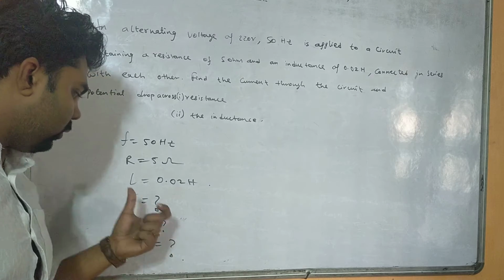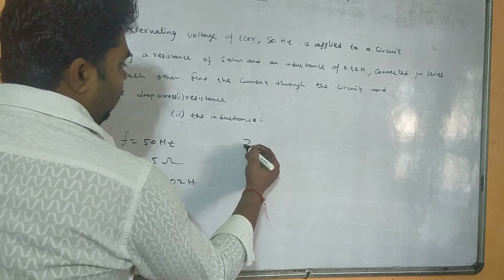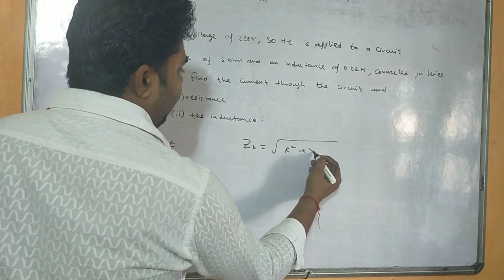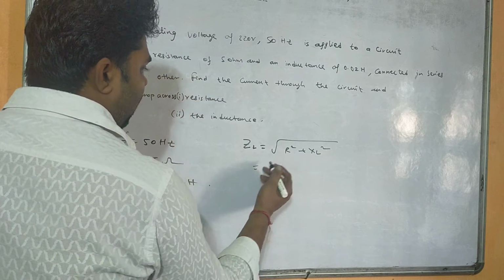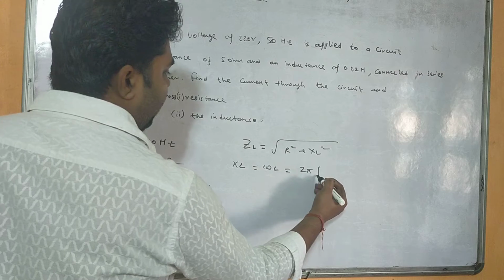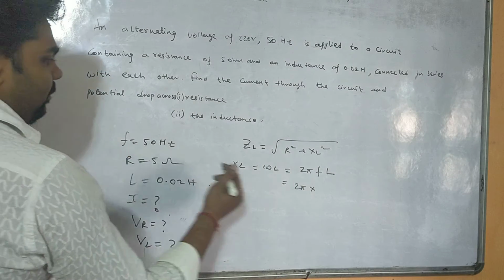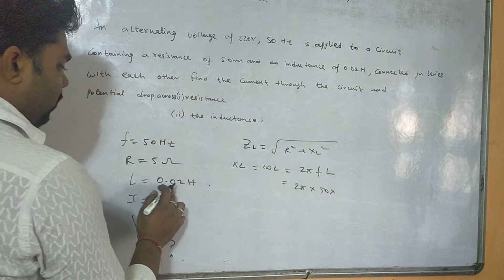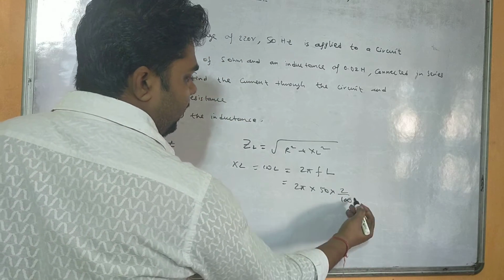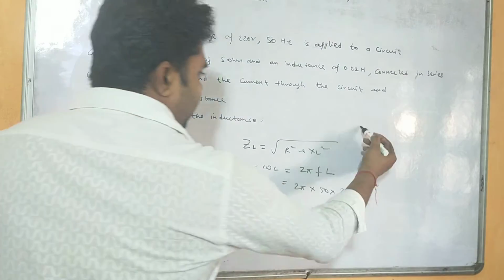So first, in order to find this current, we have to find its impedance first, right? So it is an RL circuit, that means inductive impedance we have to calculate. So Z equals root under R square plus XL square. R is given directly in the question, XL is not given, so XL can be written as omega L, or omega can be written as 2 pi f, so 2 pi f L. What is f here? 50 Hz, and L is given by 0.02, that is 2 by 100, right? Or 2 into 50 is 100, 100 and 100 will get cancelled, that is 2 pi ohm. So let us keep up to here only. Now at last we will substitute here in Z.